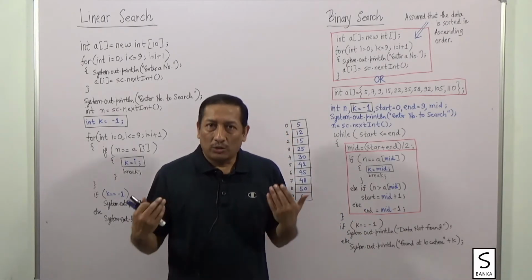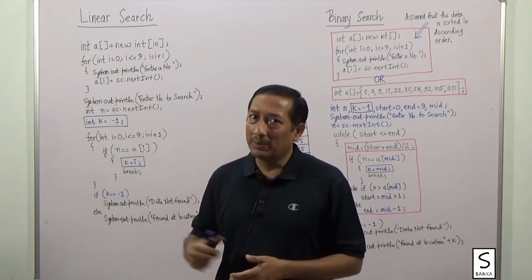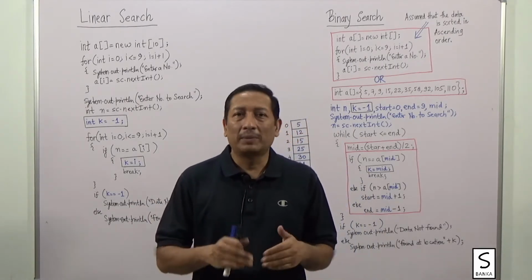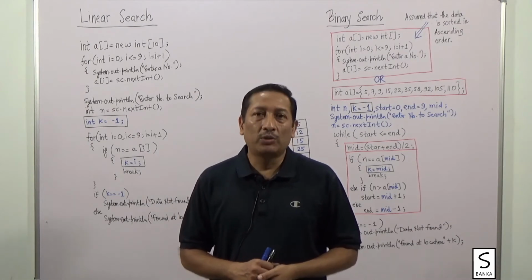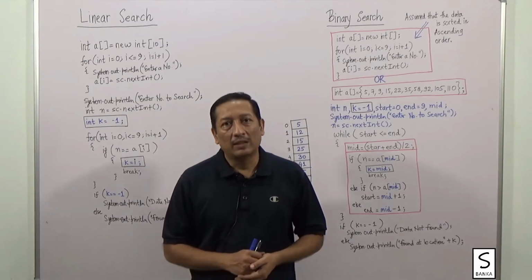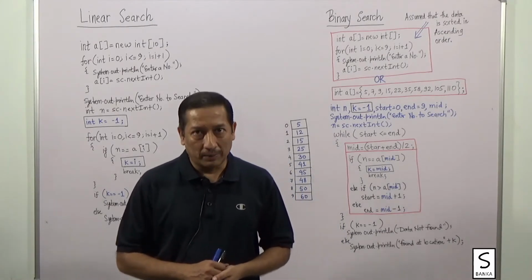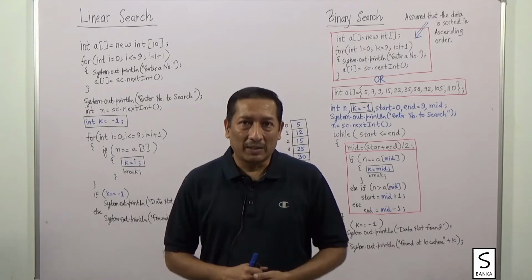Now here, to understand the concept, we will take a very small size, that is 10. I will be creating an array of 10 and then I will be trying to explain how to do the searching. In our syllabus, we need to discuss only two methods of searching. One is linear search method and the other one is binary search method. First I will discuss linear search and then I will discuss binary search.